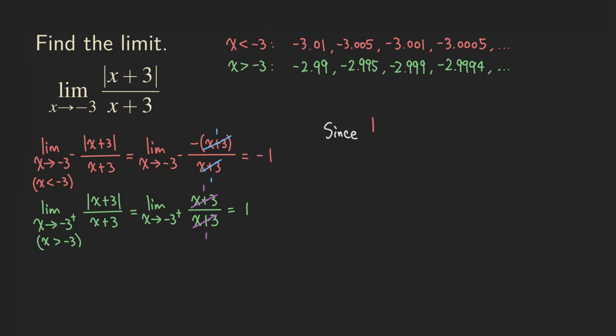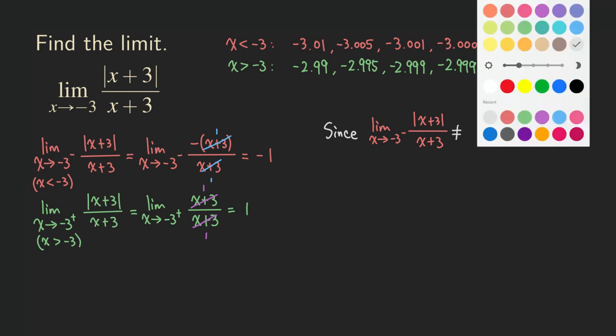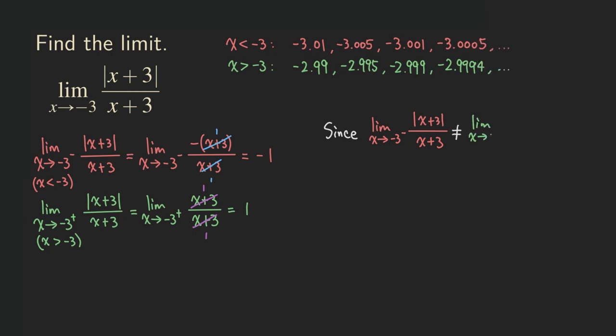So since the left side limit is not equal to the right side limit of this same function, what can we conclude? We conclude that the two-sided limit